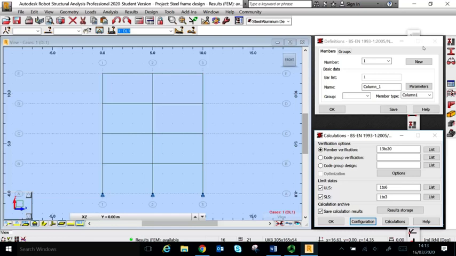So we have here member verification. For members 13 to 20, we can change it to 1 to 20. So all the members will be checked: 12 columns and 8 beams. And we're checking them for the ultimate limit states and serviceability limit states. And